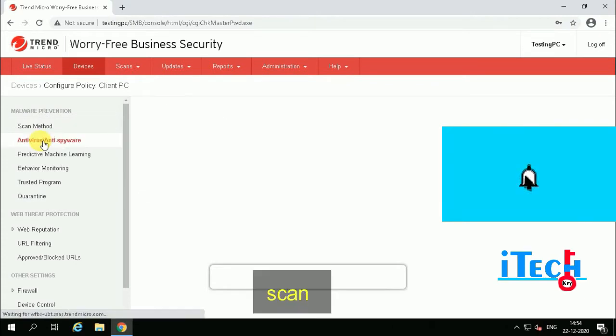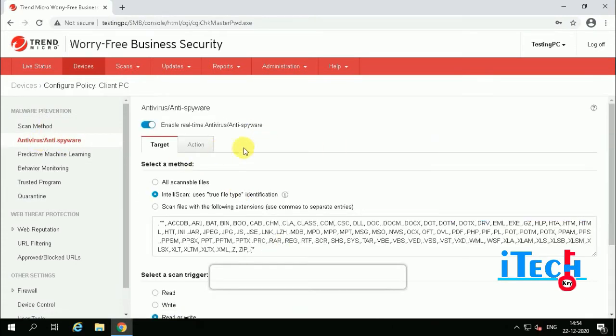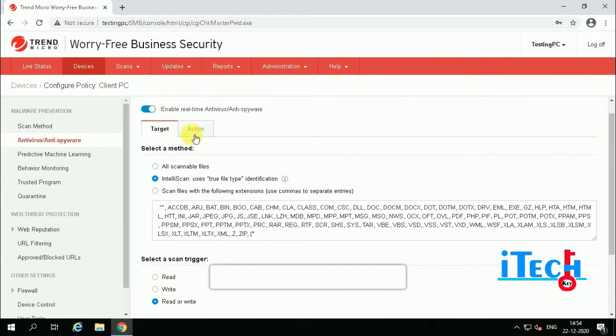There you can set file extensions, for example jpg, xls. For scannable files we have three options: all scannable files; IntelliScan, which uses file type identification; and the third option, scan files with the following extensions, using commas to separate. It is your choice. You can choose all scannable files or IntelliScan, or you can enter them manually.